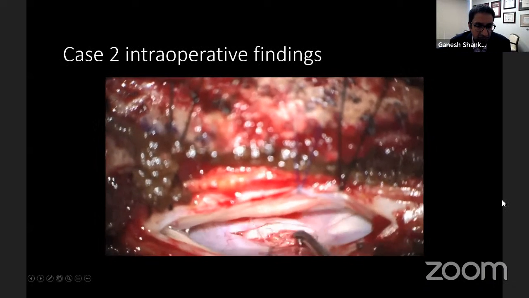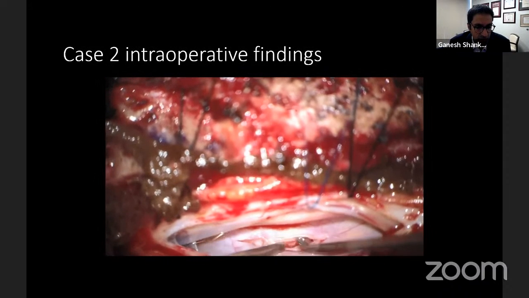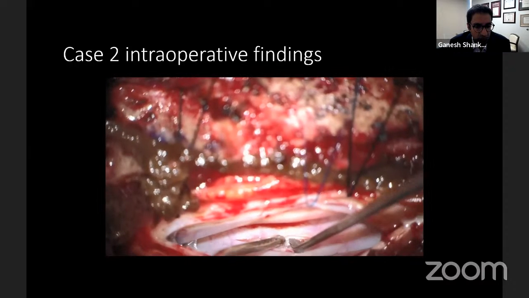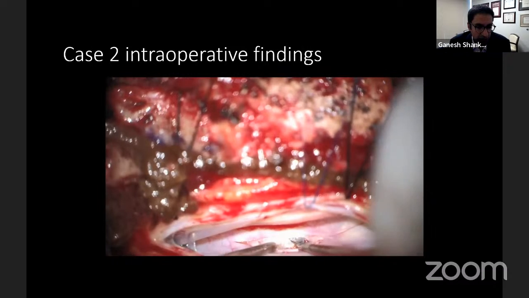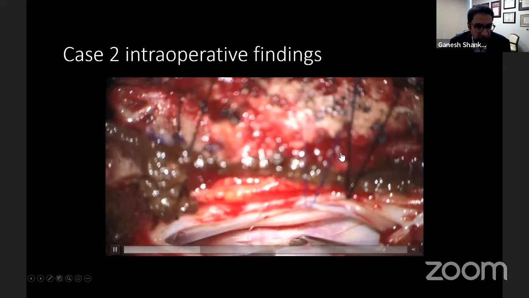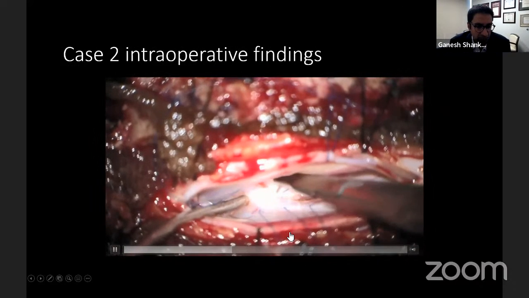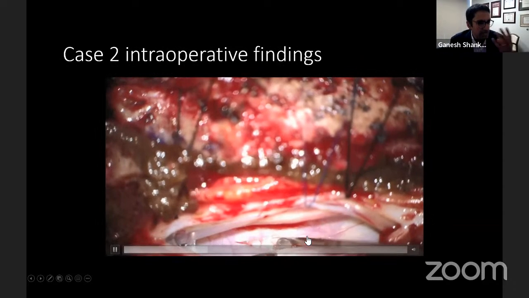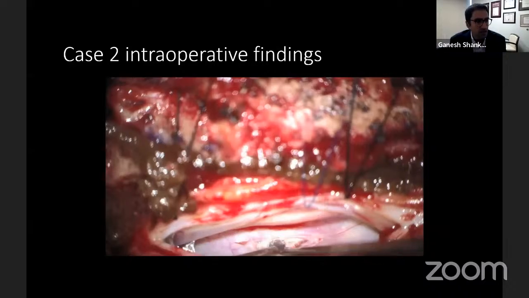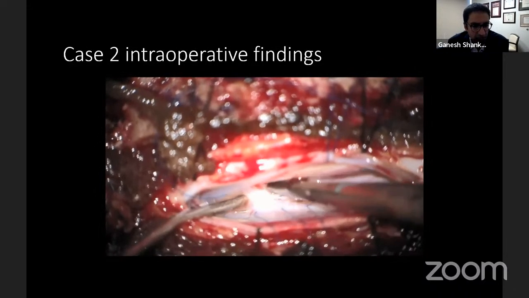Here we first identified that osteophyte. It does look like a relatively sharp tooth. That osteophyte is removed, and then I explore underneath the ventral dura. You can see the dentate ligament has a Prolene, and you rotated the spinal cord out of the way. But exploring that space to make sure that we haven't missed any other pathology, because really these are cases where we don't want to have to go back in. We want to be as definitive as possible.